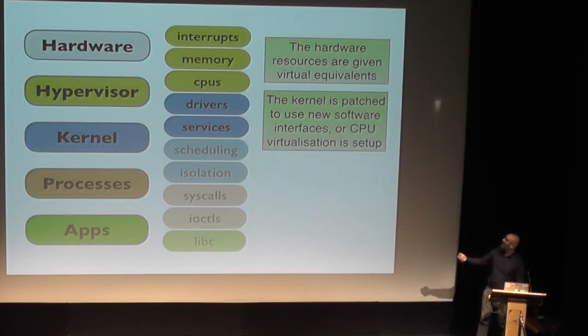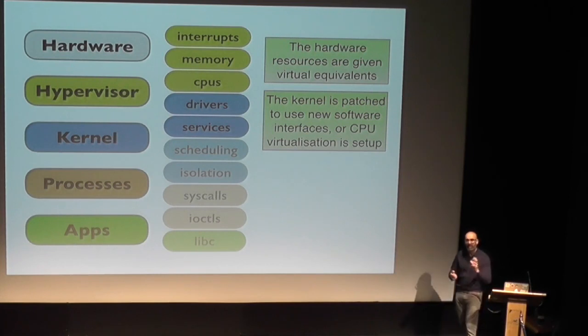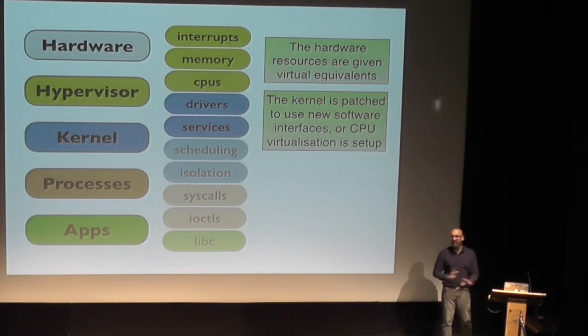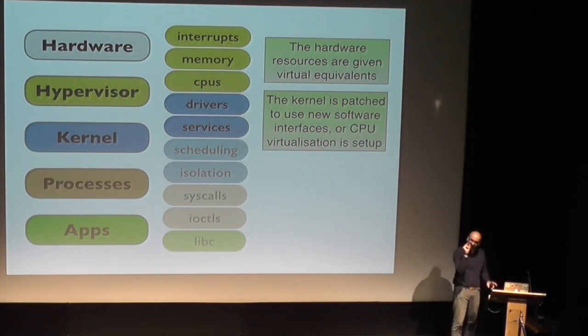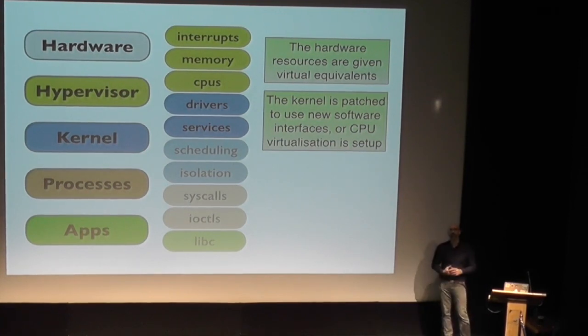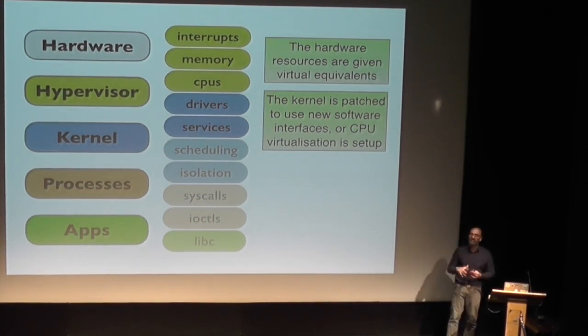And then the great thing about it, the reason it became so good, is that the only thing you had to patch was the brain of the operating system, the kernel. You didn't have to touch applications. You didn't have to touch user space. You didn't have to touch libraries. All you had to do is modify Linux with a tiny targeted kind of ninja patch right in the middle of its notion of what hardware it was running on, and make it just make software calls instead into Xen.